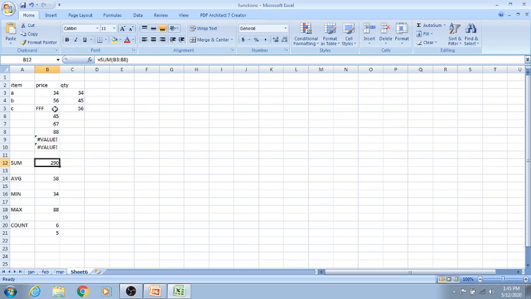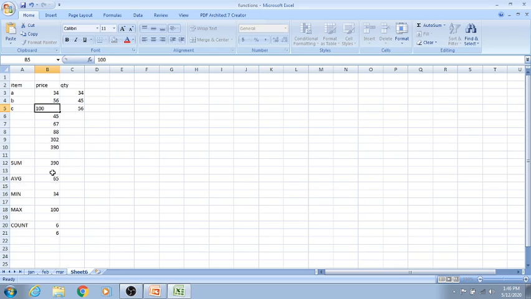One more thing you have to just see here. See, right now the sum is 290, average is 58, minimum is 34, maximum is 88, and count is 6. Okay. Now if I enter 100 here, 100, I have not pressed enter yet. As soon as I press enter, you know what will happen? These values will change. Why? Because if any cell contains a formula or function, and if you make any changes to the cell reference which you have used in the formula or function, the value of the result also gets changed.